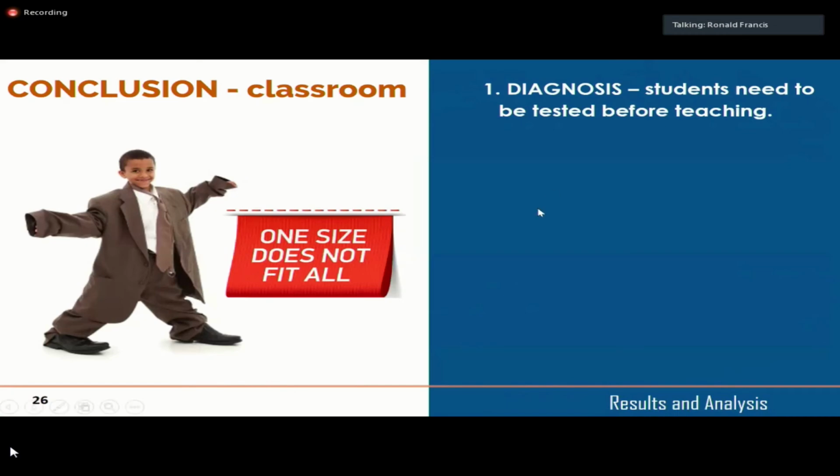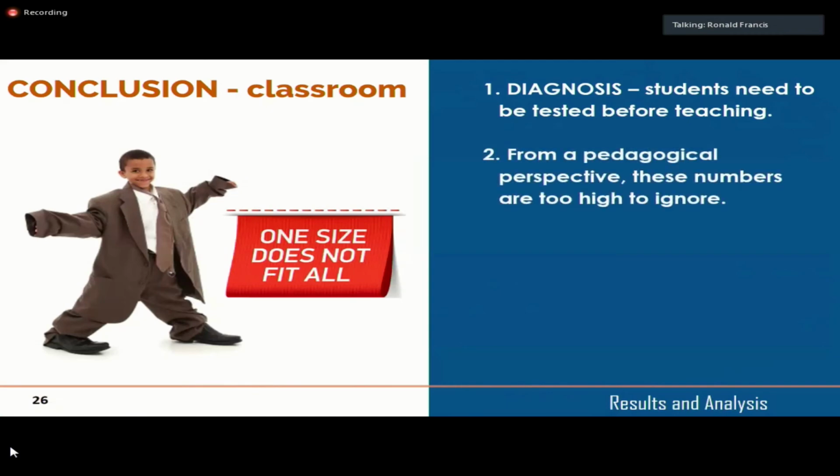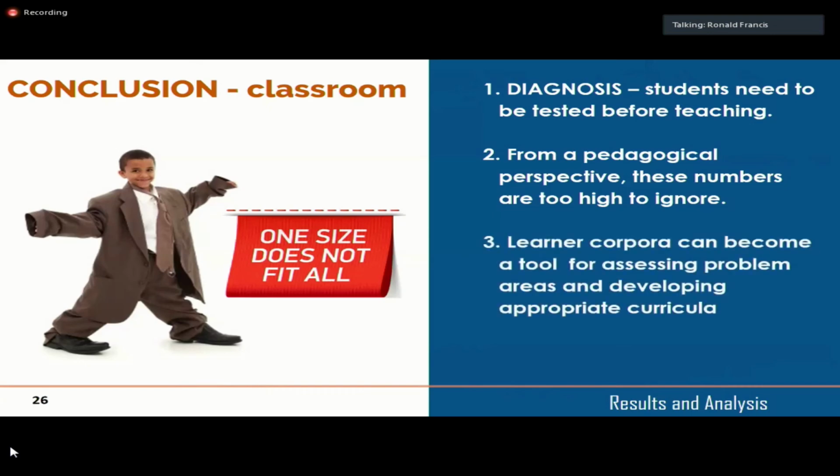What that means is that students need to be diagnosed, as I said in the beginning, before teaching begins. So we have to know what a student comes into the classroom with. From a pedagogical perspective, even 20% is too high to ignore, because it means that one student may have major issues with Creole as their first language and struggle in the classroom. And it also means that learner corpora, gathering large amounts of writing from students, is important for, I think, developing